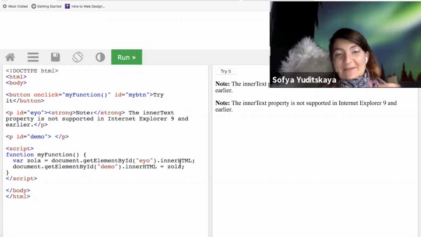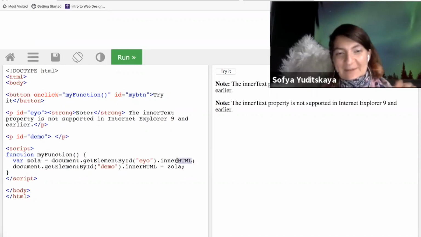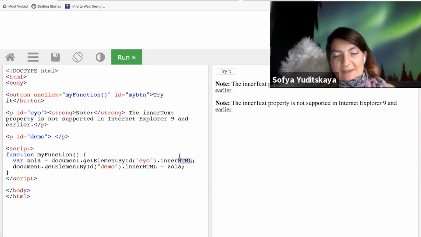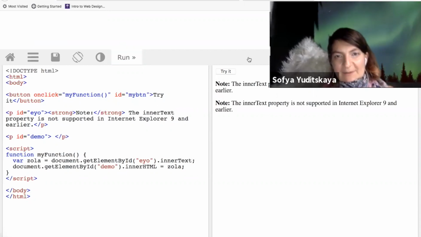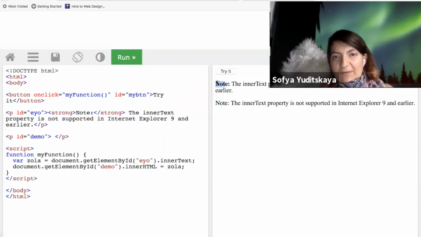Okay, it doesn't always give it to you. I've wrestled with this a bunch of times. And you can see the difference here. I think I know why I've wrestled with it now. So you can see when I run it with the inner text definition, the note is not in bold as it is up here,